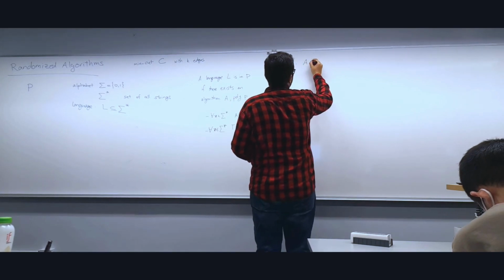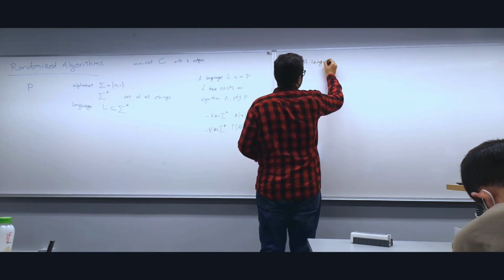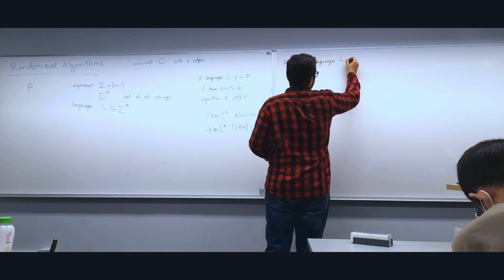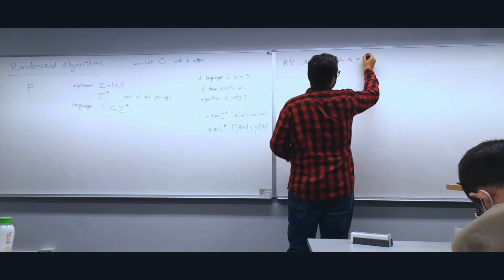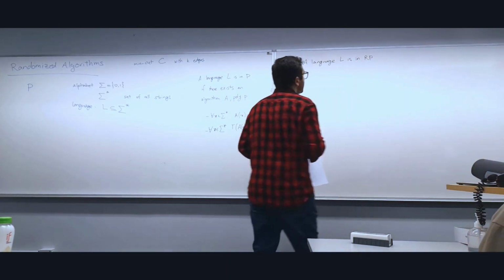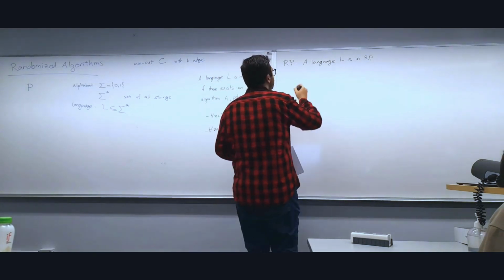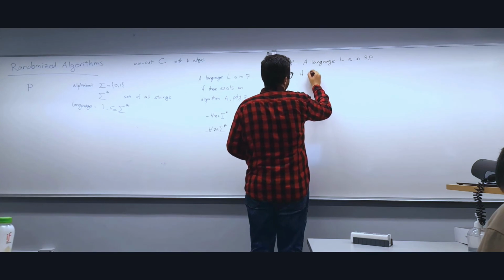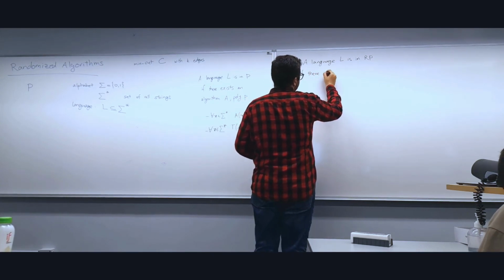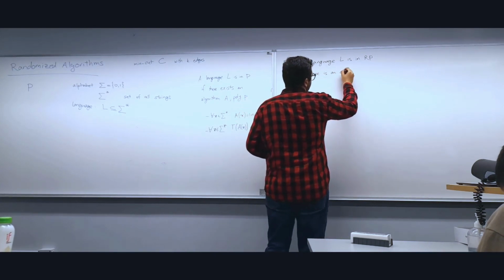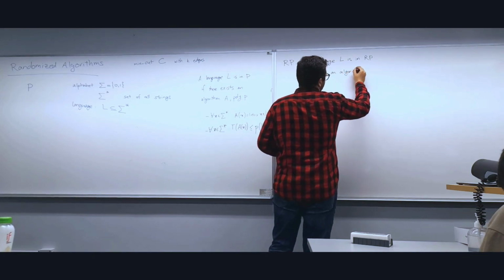So I say a language L is in RP. Of course, I want to say it's in RP if it has a particular type of algorithm, right? If there is an algorithm A